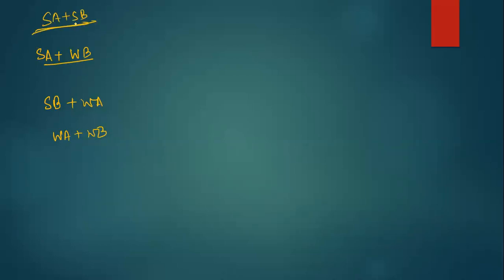See, if it is strong acid and strong base, none hydrolyzes. None of the ions react with water. NaCl: Na plus doesn't react with water, Cl minus doesn't react with water. So one of the ions has to react with water, then it is hydrolysis. So one by one we are going to make the table. The first thing is hydrolysis constant. Next is H and next is pH.